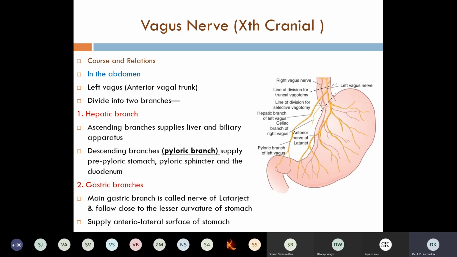Coming to the abdomen. When I am describing the course, the branches are coming here too. So in the abdominal part, I'll describe the course along with the branches. That part will finish here, and that will refresh your knowledge regarding the nerve supply of the stomach also. In detail, I'll see that part also.